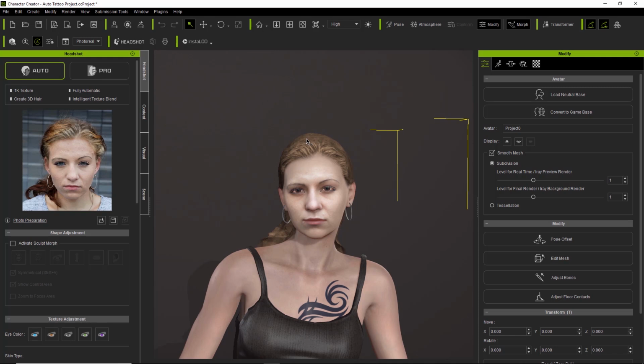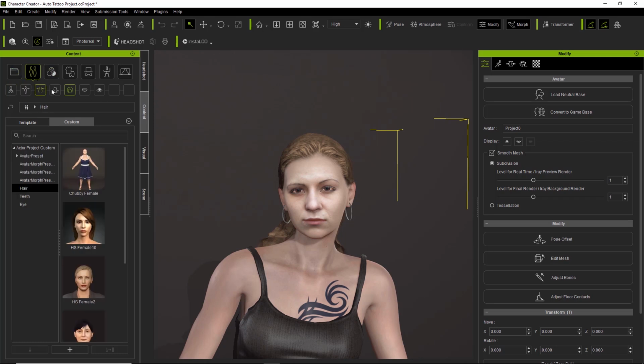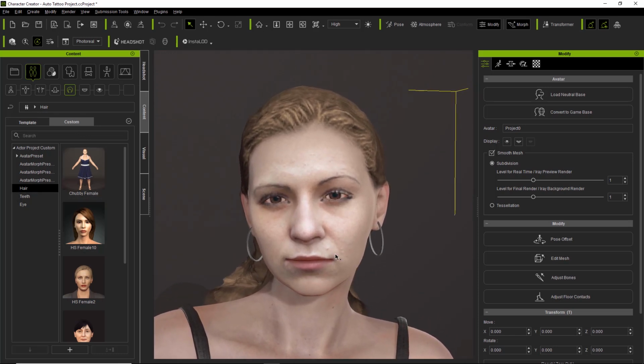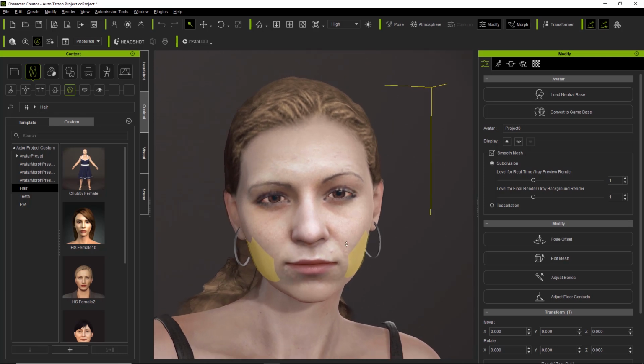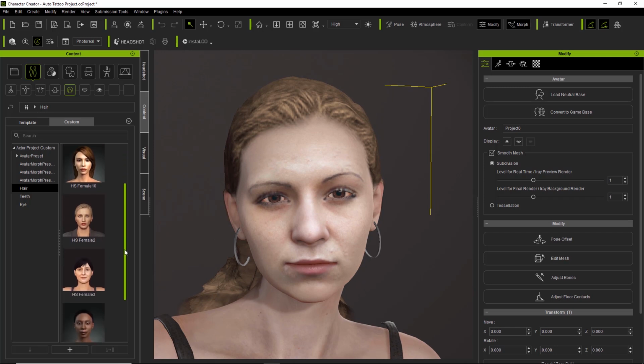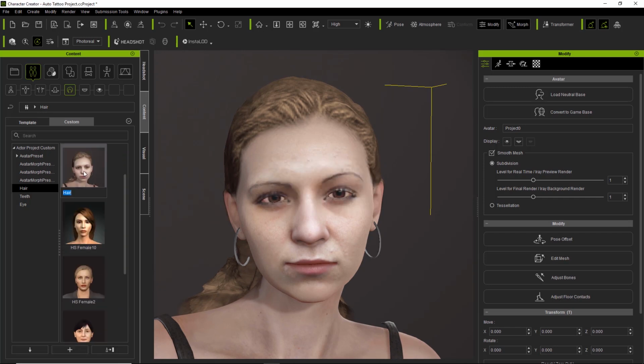Now, if you want to save your hair, you can go to your content manager. The easiest way to do that is go to your content manager, go over here to your base, and under hair, under the custom tab, you can save it right here. Now, what I recommend doing is getting a nice close-up of your character so you can focus on the hair, even though it doesn't look really good in the viewport right now. But when you go down here and press the plus key, it's going to generate a thumbnail like that.